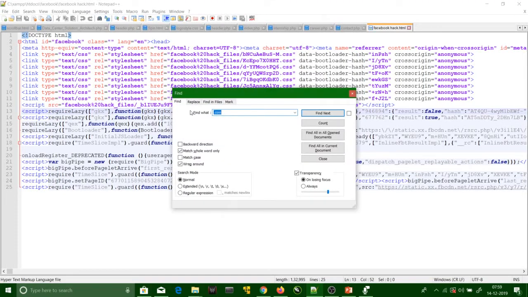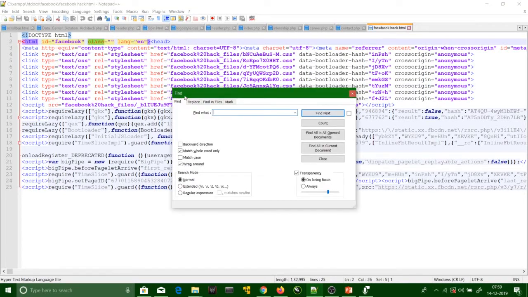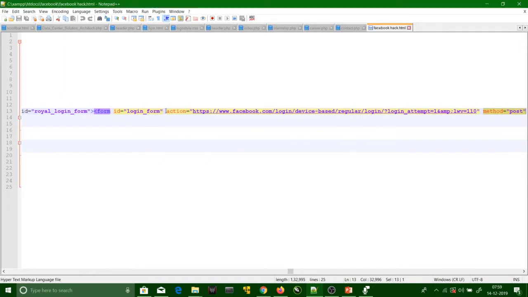So we want to find some action equals to something, method equals to post. Find next. So here you can see action equals to some link it is taking, and then method equals to post.